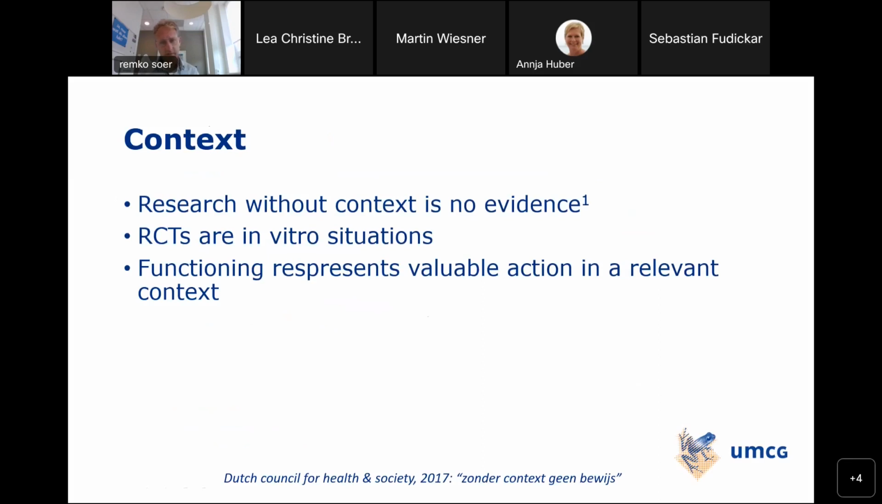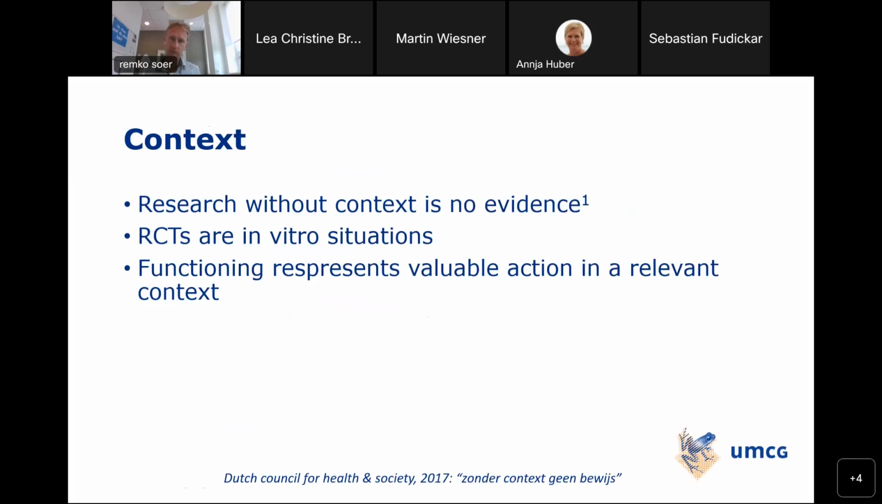So then the Dutch Council for Health and Society came out with a very influential report in the Netherlands, which is called "Zonder context geen bewijs." Without a context, doing research in a clinical lab situation, you will have no proof, because you can see what happens in a lab situation, but when someone is getting out to work again, you do a herniation study like this, and people start